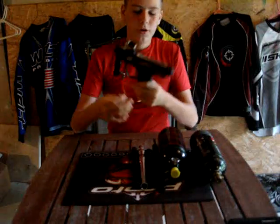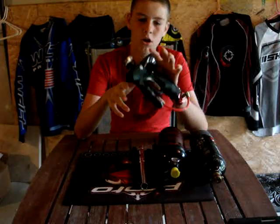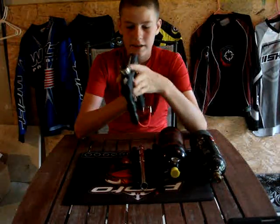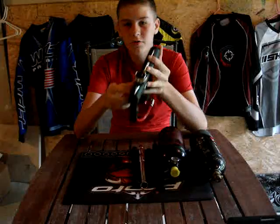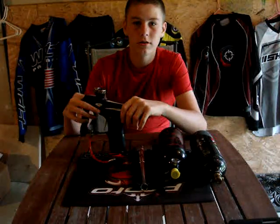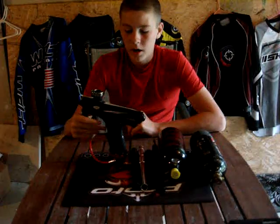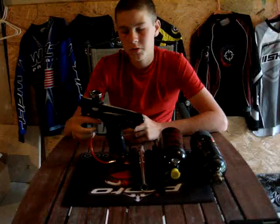Next up, we have your marker. Markers will affect accuracy in a couple different ways. One, how you hold it. I'll get to that in a second. Two, spoolies versus poppets. Truthfully, there has been no difference accuracy-wise that I've seen between them, but I have seen some factors between them that could